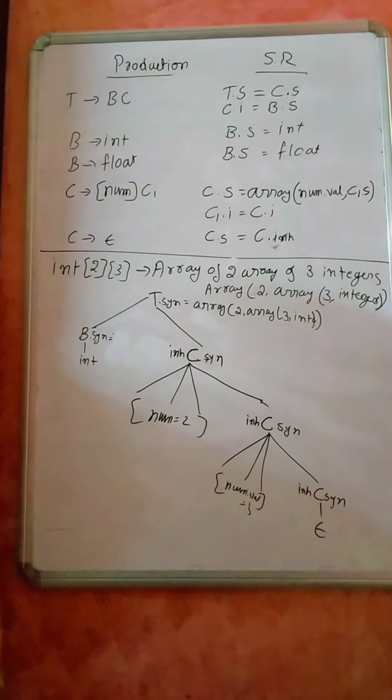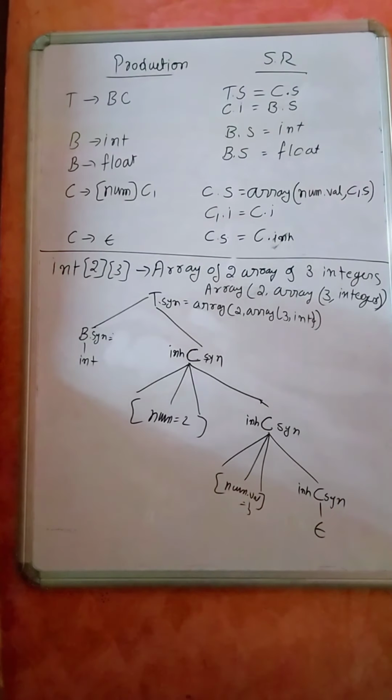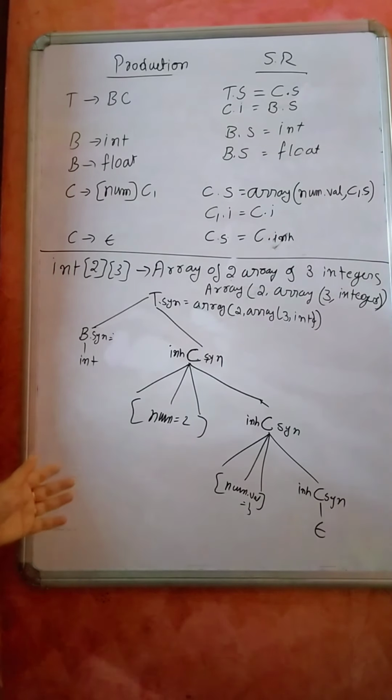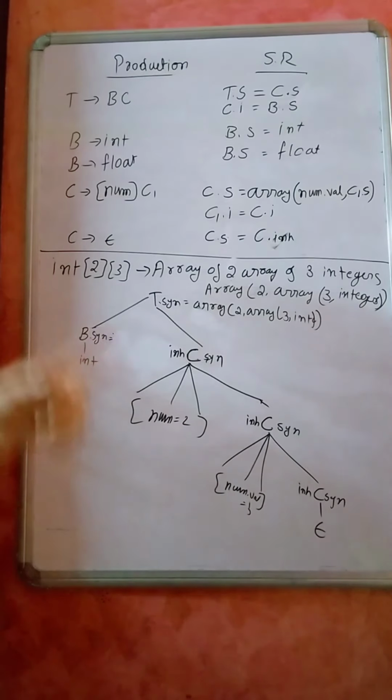Okay, now let us consider one more example for an L attributed STD, just to show how the information will flow from one part of the parse tree to another part of the parse tree. This is nowhere related to your previous topic, the construction of a syntax tree. For the construction of the syntax tree, I have already given an example for an S attributed STD. In the notes it is also there for an L attributed STD.